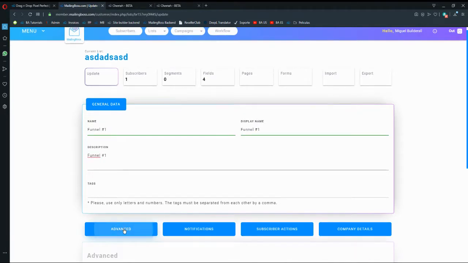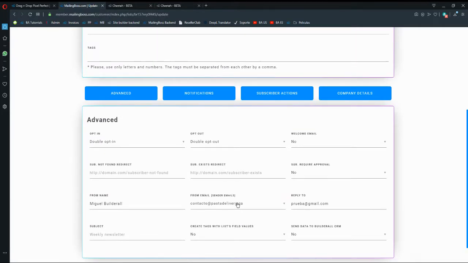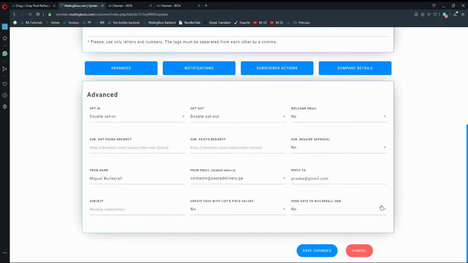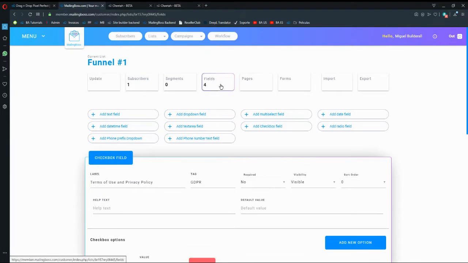Okay, let's go to advanced and make sure that I already have a sender's email selected. If you don't have a sender's email, please refer to another tutorial about how to get a sender's email verified here in MailingBoss. Okay, so let's save changes. After this, we're going to go to fields. Here is the important thing, because here is where we're going to create the field for the phone number and